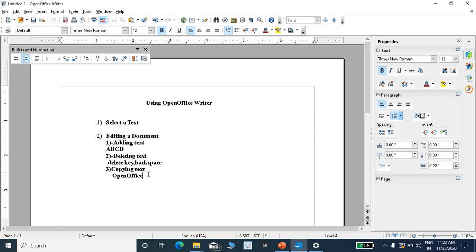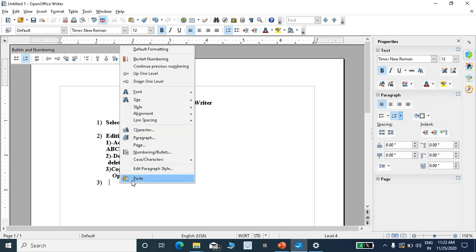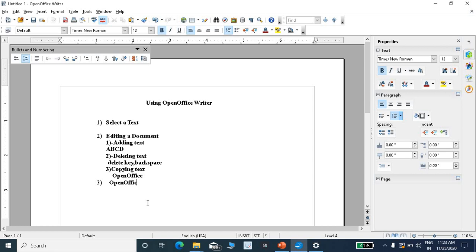So what is the difference between cut and copy? Cut will delete the particular text and make the copy. But the copy option copies the particular text without deleting. I hope you understand the difference between cut and copy. And paste means copy the particular text and paste it in a different location. For example, I'm going to copy this one, change the location, and again use the paste option. So this is the way, cut, copy and paste.